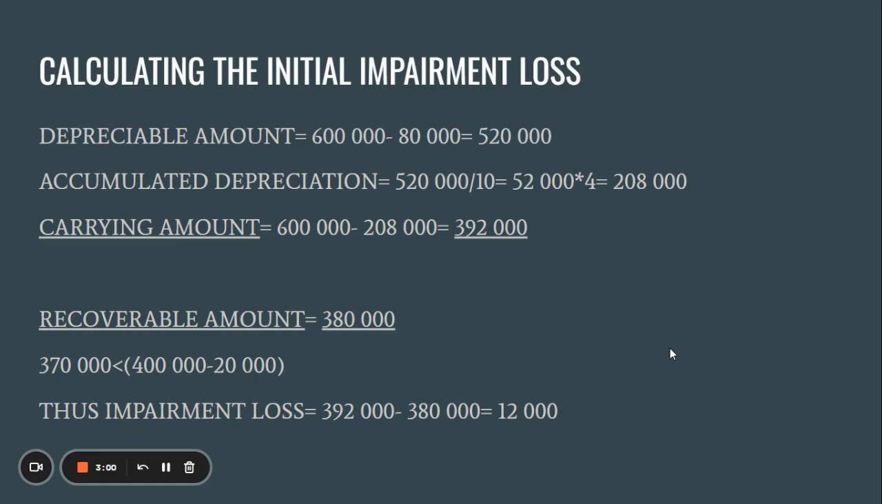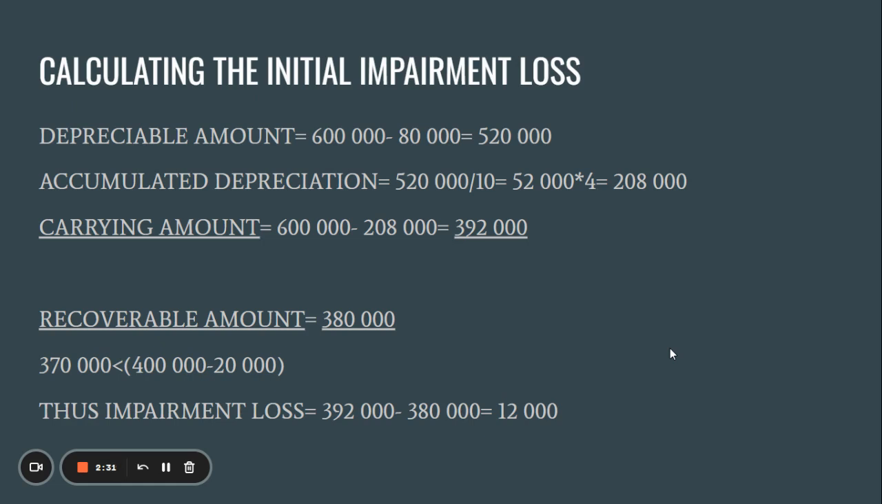Our depreciable amount would be 520,000, resulting from 600,000 minus 80,000. Thus, we take your 520,000, you divide it by the 10 years that it's expected to be in use for, times the 4 years that it's already been in use for, and it gives us our cumulative depreciation of 208,000. 208,000, you minus it from the cost, gives us our carrying amount of 392,000 at the end of the 2014